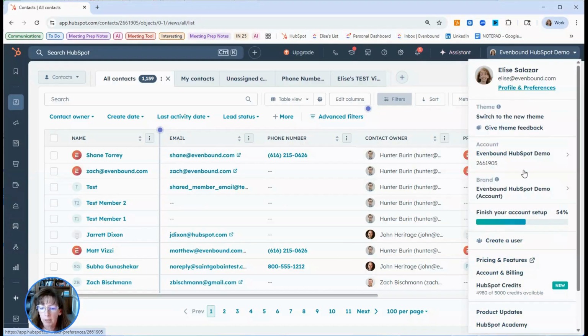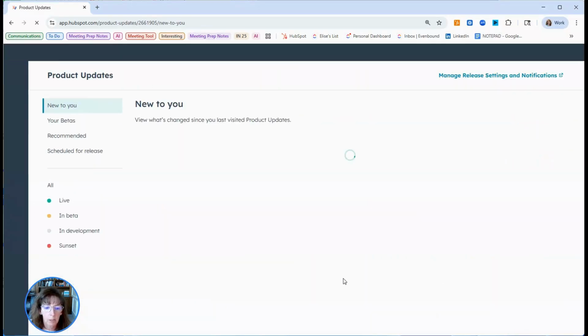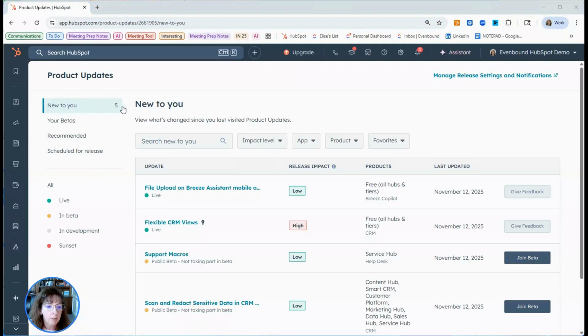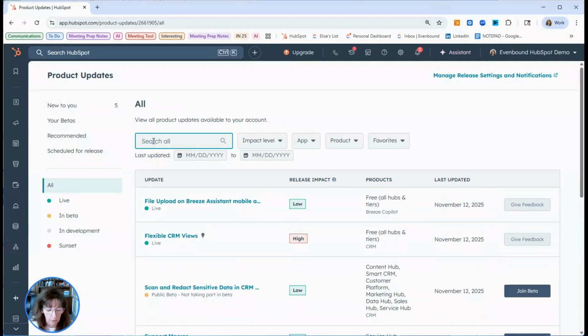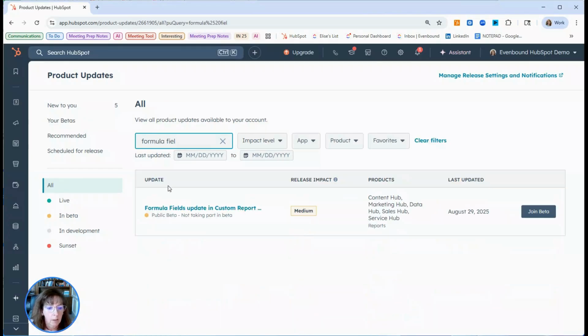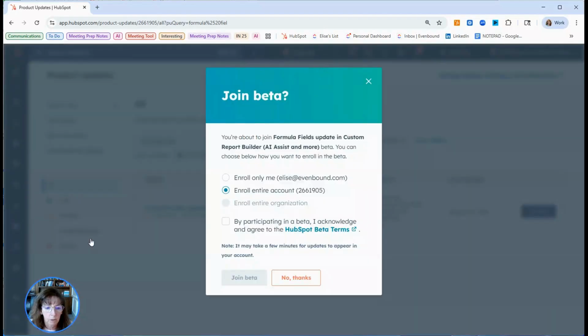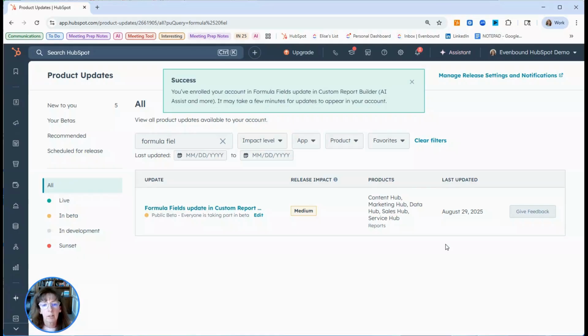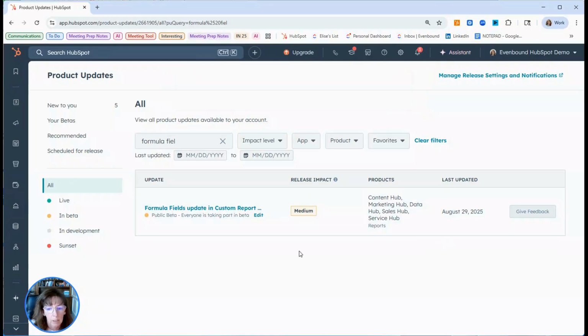If you click on that, you're going to go to your product updates down at the bottom. Once you click on that, it's going to always bring up new to you. You want to go to all, just in case you may have already looked at this, formula fields, and there they are, and we're going to join the beta. So if you haven't joined, you agree with everything, and then it's going to take a few minutes. So I'm going to pause this video, and I'll be back to show you how this works in your custom